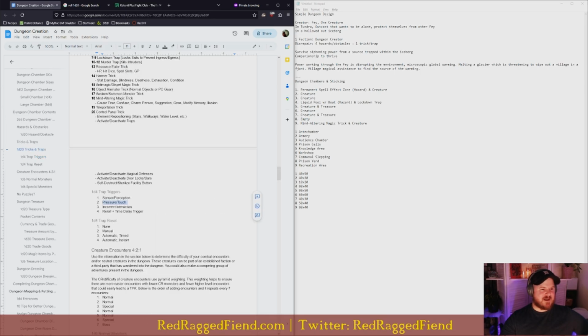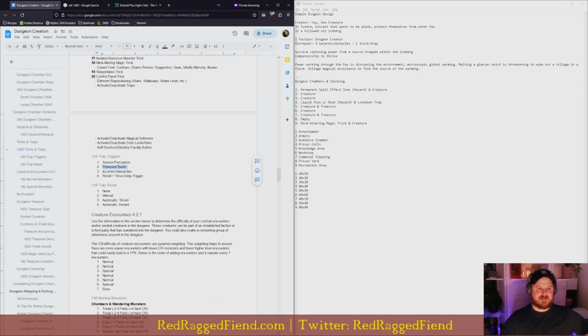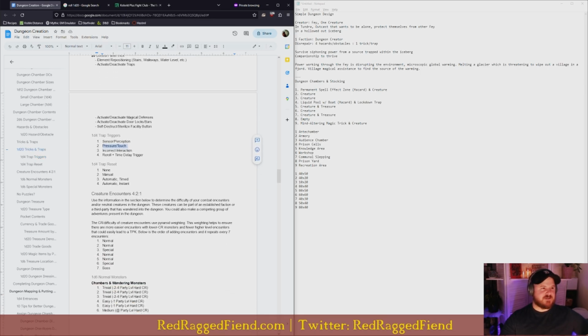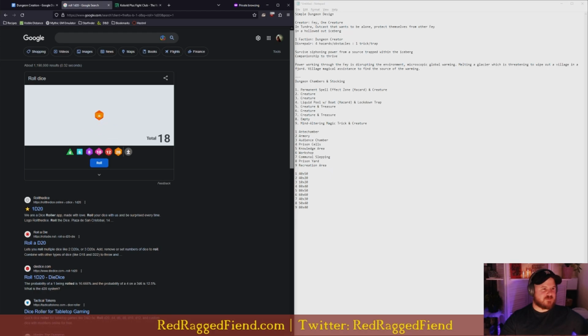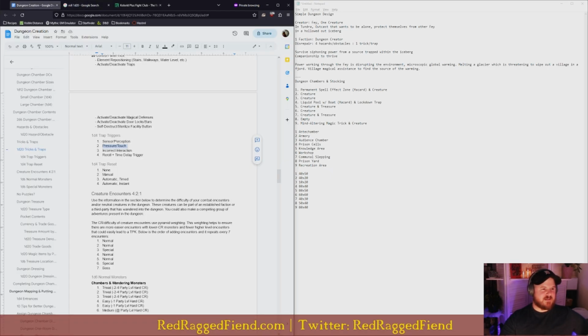And also what goes into it: we have some traps, so we should do our trap triggers or resets. It's a d4 for each. We'll just roll them twice, two at a time. All right, so 1 and 3. Our first one is a sensor of perception, and then an automatic timer. Okay, so the lockdown trap